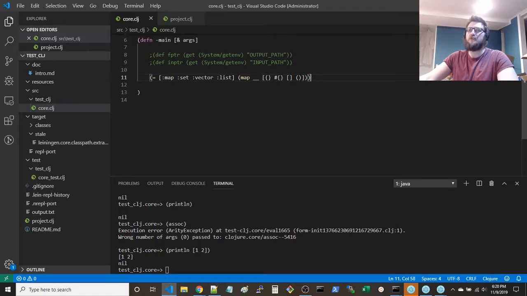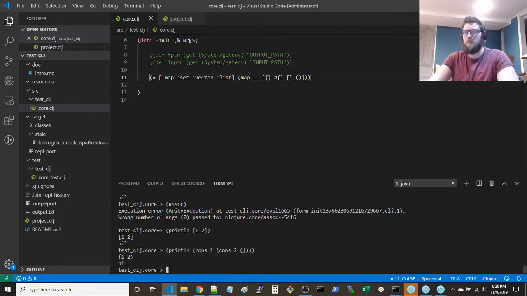I guess it interprets the sequence differently. Like if you do cons 1, cons 2 of this guy, or the map, and then you print that, that's going to be kind of special. Oh no. Maybe those are just keys.